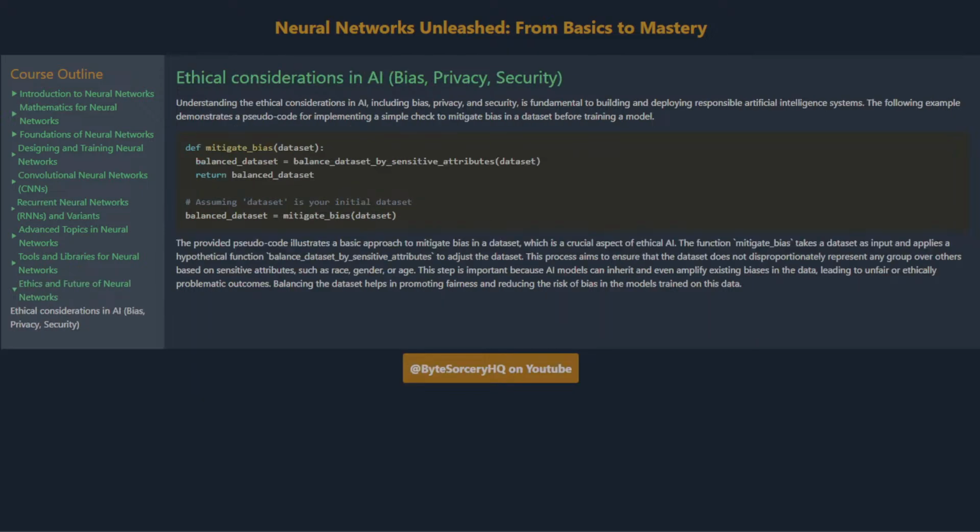Ethical considerations in AI: bias, privacy, security. Understanding the ethical considerations in AI, including bias, privacy, and security, is fundamental to building and deploying responsible artificial intelligence systems. The following example demonstrates a pseudocode for implementing a simple check to mitigate bias in a dataset before training a model. The provided pseudocode illustrates a basic approach to mitigate bias in a dataset, which is a crucial aspect